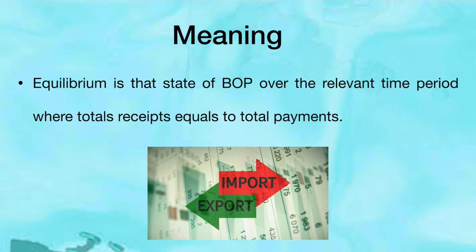There's always disequilibrium in balance of payment. Even when we take our own country's example and its balance of payments, we observe there is not equilibrium, but disequilibrium. That is, we are importing more than what we are exporting. So even if one of these, exports or imports, goes out of balance, it will result in disequilibrium of balance of payment.